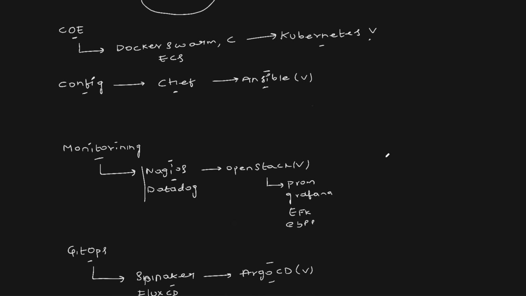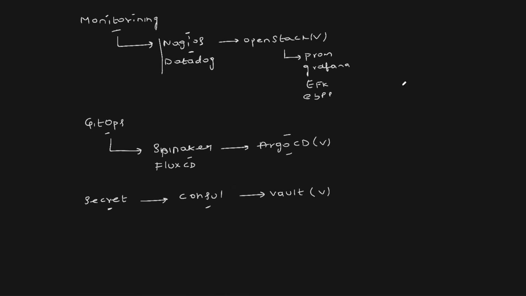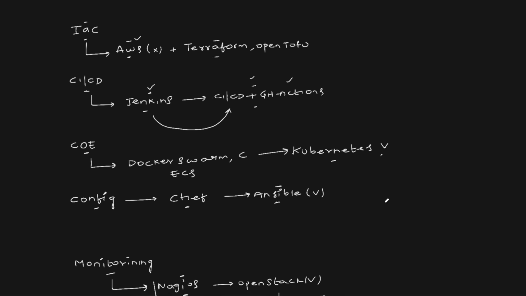So basically, if you're learning DevOps and cloud, these are the concepts that you should focus a lot of time on. If you're learning infrastructure as code, which you would learn as part of your DevOps journey, ignore the cloud provider based infrastructure as code solutions. Instead, focus on cloud agnostic solutions like Terraform or OpenTofu.